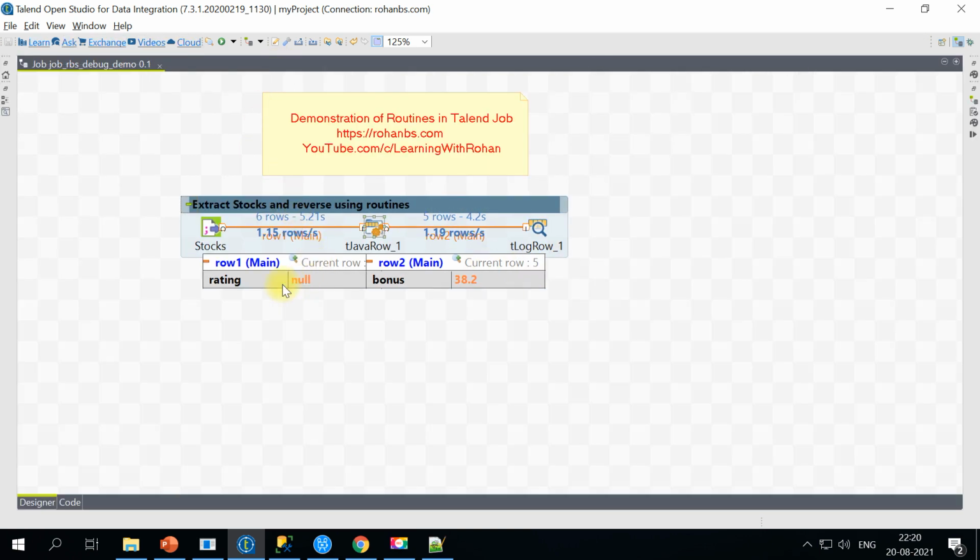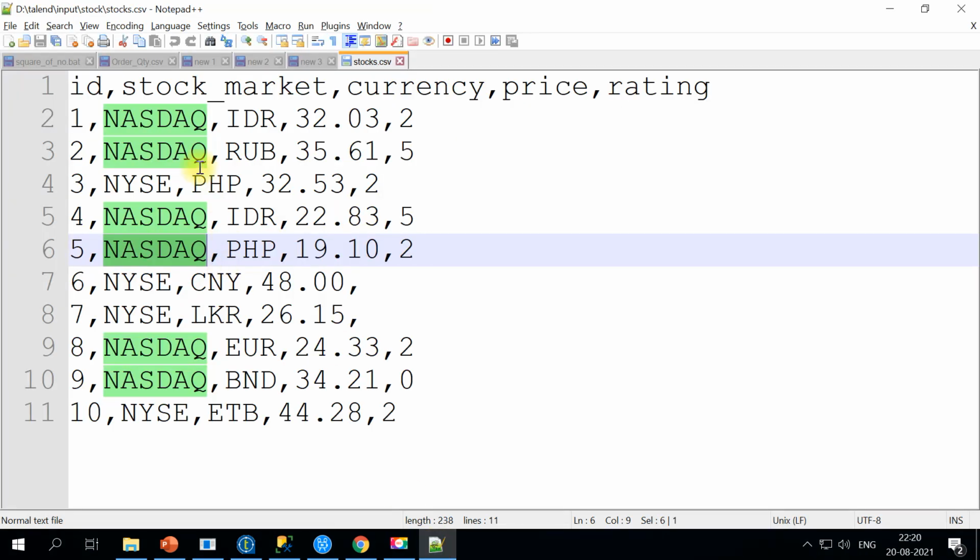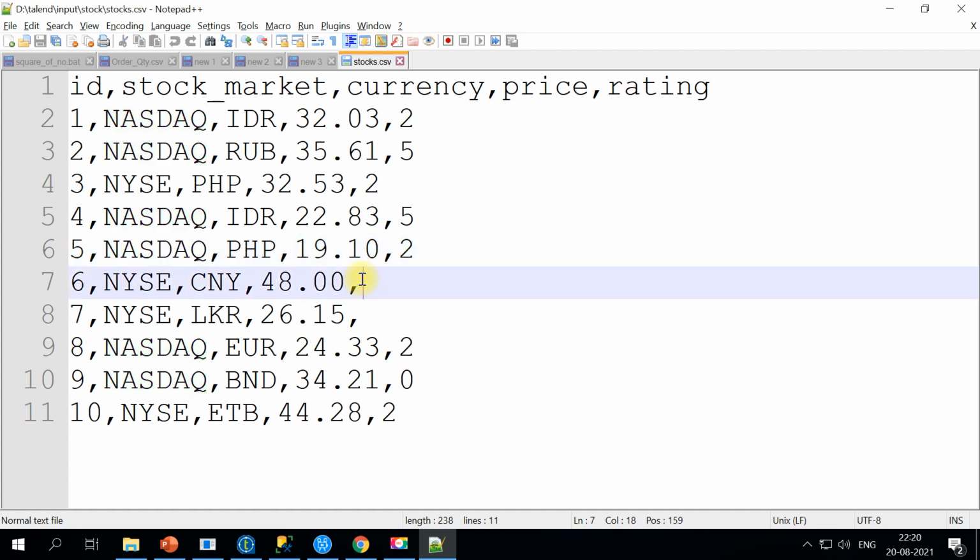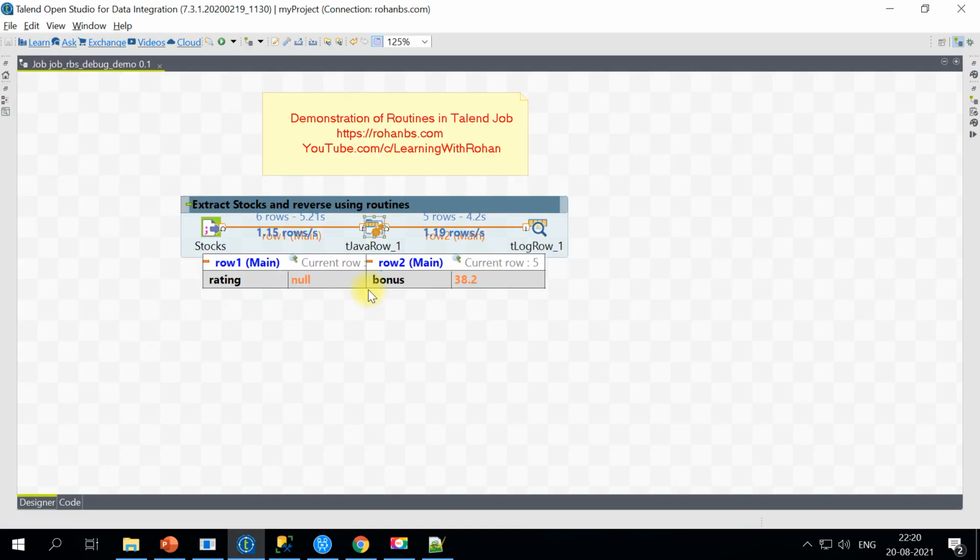So for example, if you notice, it is the sixth record having the rating as null, right? That's why it's not able to calculate the bonus. And what you see here is the previous record. Bonus is the previous record, and the new row that has come, the sixth row, has rating as null. So in this case, you can easily go back to the source file and append whatever the right value is, or you notify this to a business user and they will correct it, and you use the updated file.